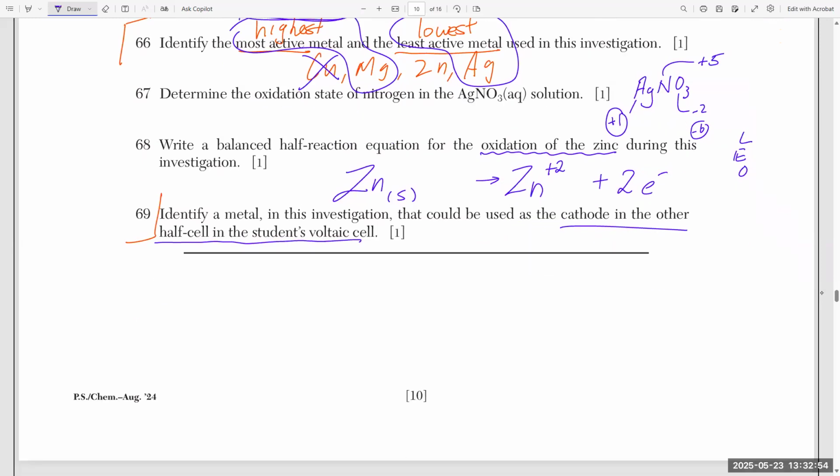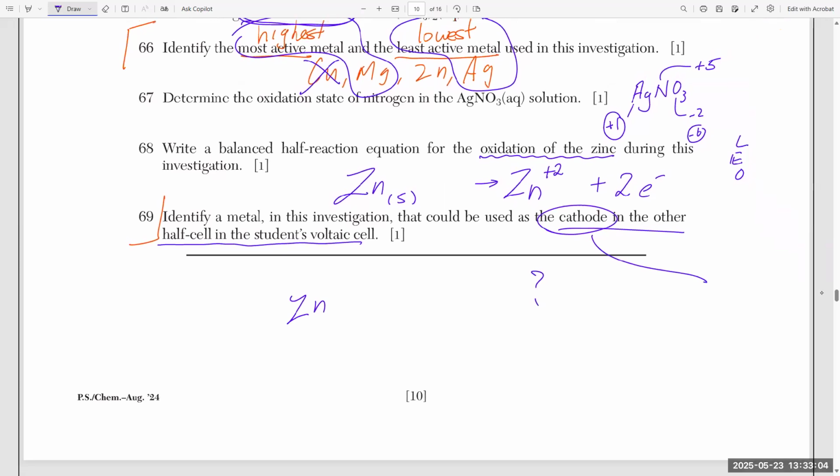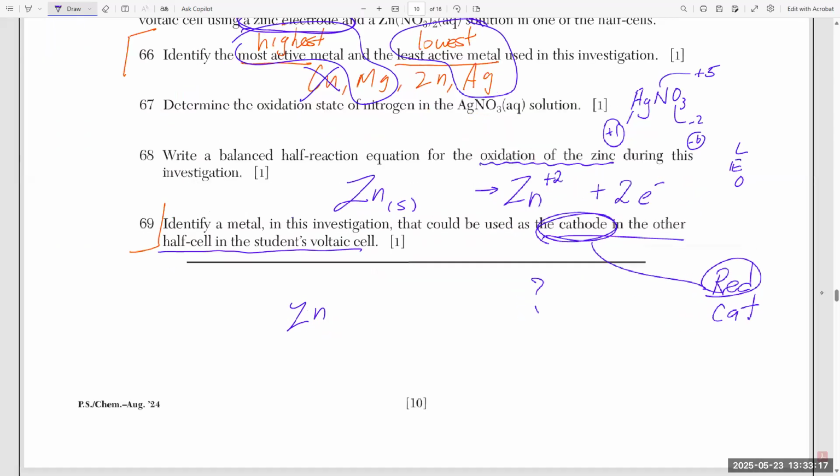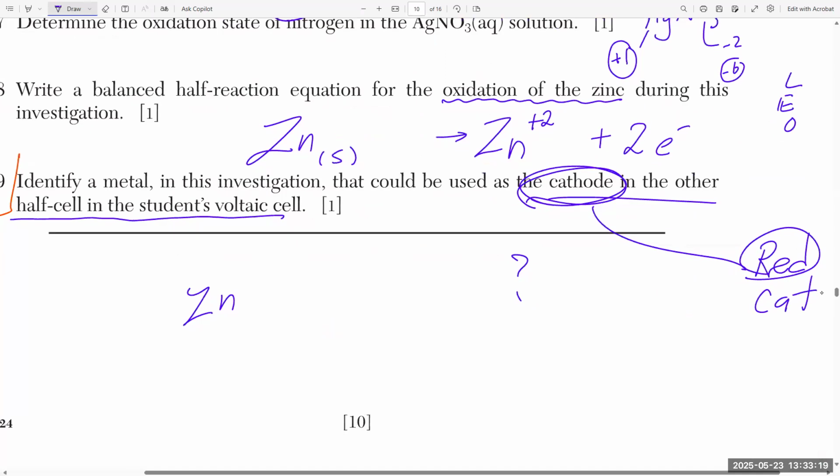So it means that we got zinc on one side and we want something on the other side, except what do we want? We want a cathode. Remember, what's that on an ox? It's a red cat. Red cat sat on an ox, right? So on a cathode, we're looking for reduction, right? So we want a metal to reduce here, on this side, which means if this is reducing, we want the zinc to what? To oxidize,